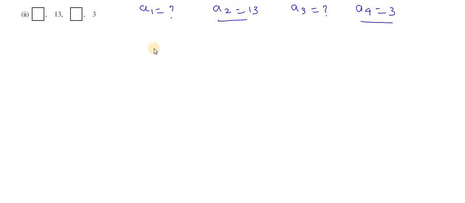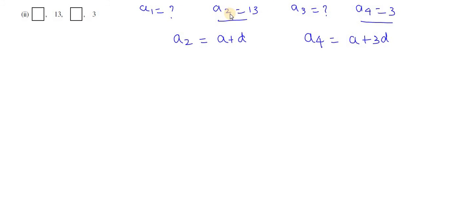Now A2 we can write as A plus D, 1D. And A4 we can write as, just tell me how it is, it is nothing but A plus 3D, one number less. Here 2 is there, so one number less, that is 1. Here 4 is there, one number less, that is 3. If 5 is there, A5 is equal to A plus 4D, like that we can do.